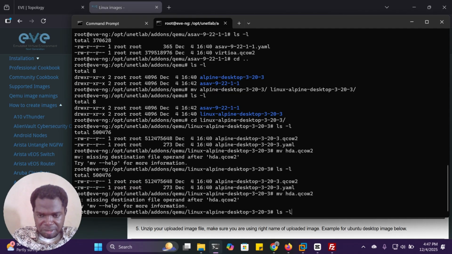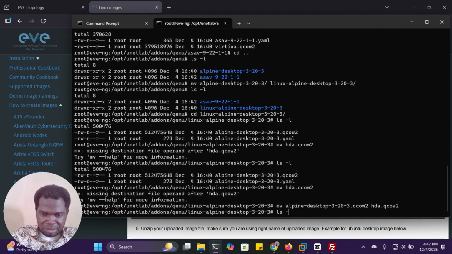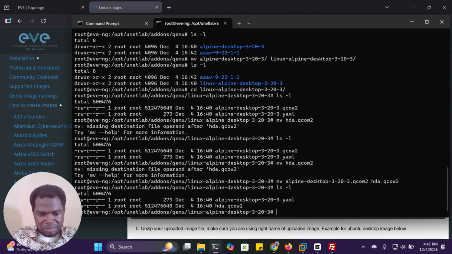What am I doing wrong here? Okay, there's something going on here. Alright, Alpine qcow. Oh, apparently I'm deleting both. Okay, that's my mistake. Alright, good. Let's list it now. Okay.